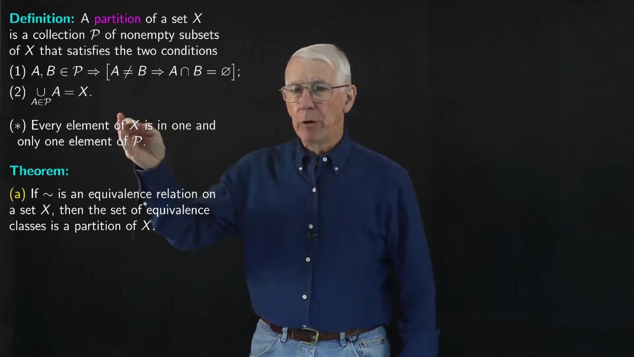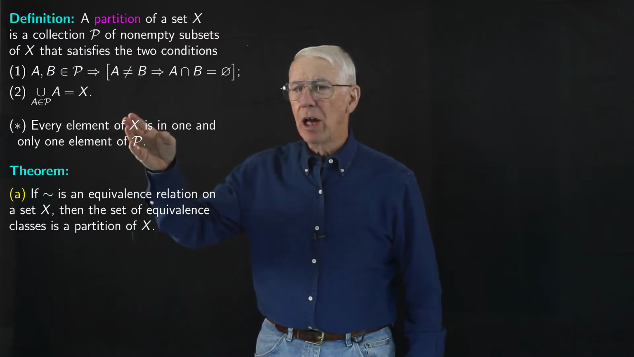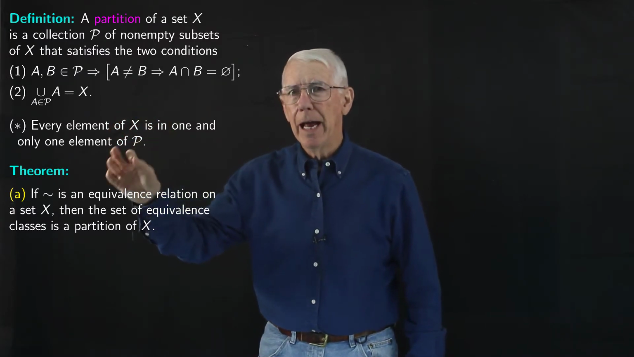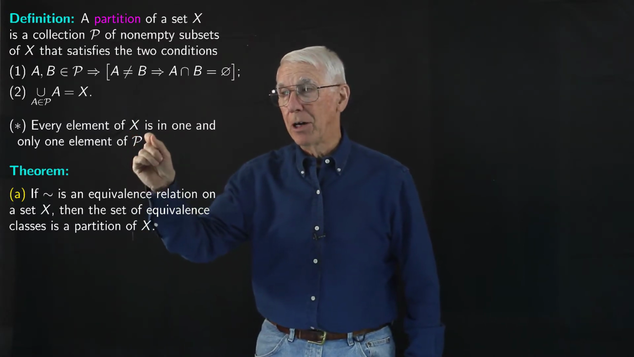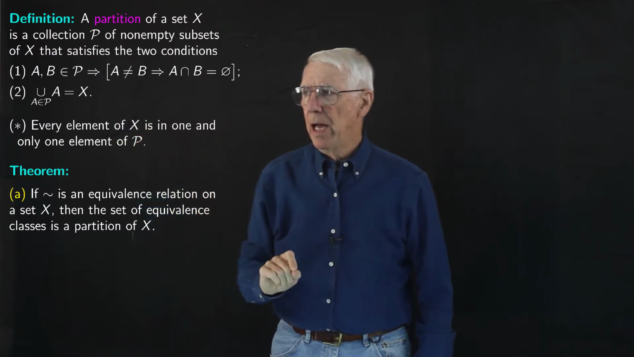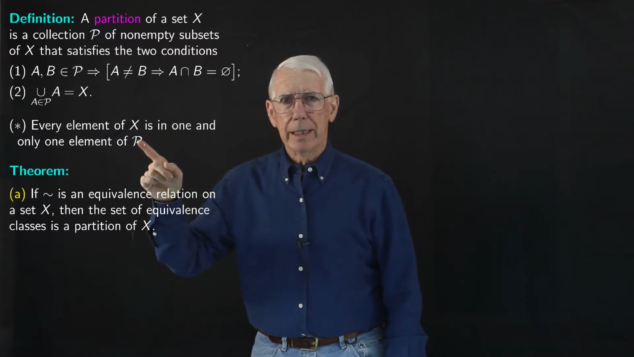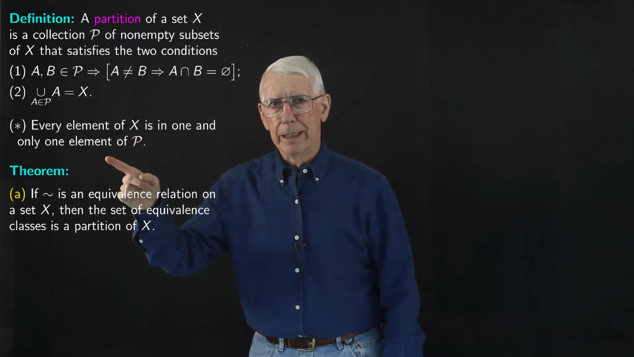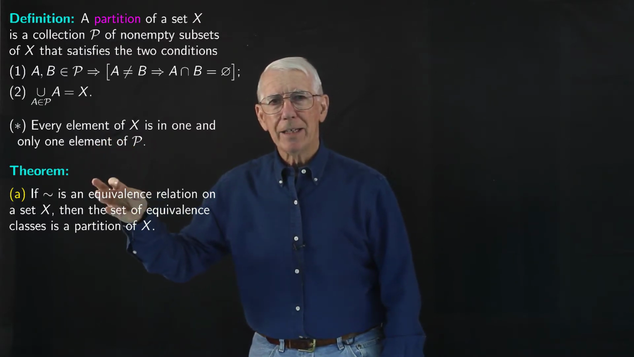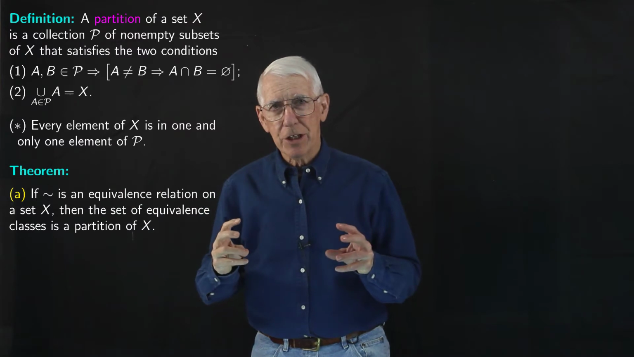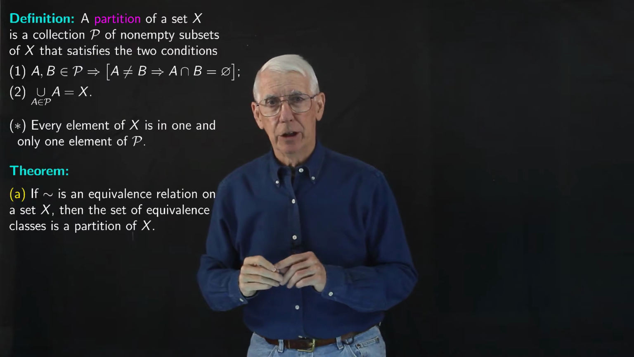That if we have a partition, then it's got to be the case that every element of the underlying set X is in one and only one element of the partition. And remember, elements of the partition are subsets of capital X. Also here, notice that the theorem says that if we have an equivalence relation, then the set of the equivalence classes, according to that equivalence relation, will be a partition of the